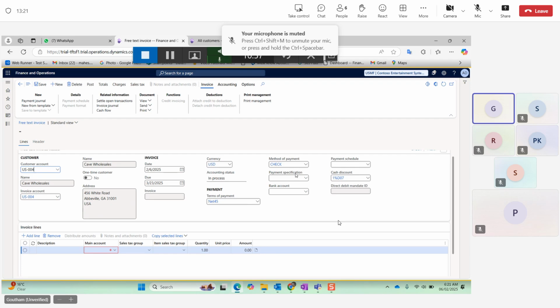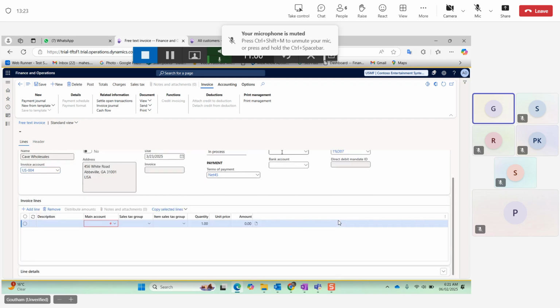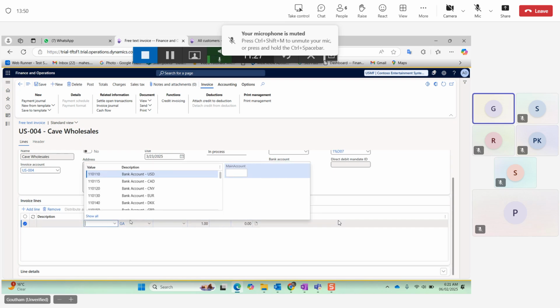If I scroll down, I have the invoice line. In the invoice line, I need to provide information like what the purpose of this particular transaction was. I can provide a detailed description in the description column. In the second column, we have the main account, and you can see this is a mandatory field. We need to select the respective revenue account. For example, here I'm selecting the revenue has